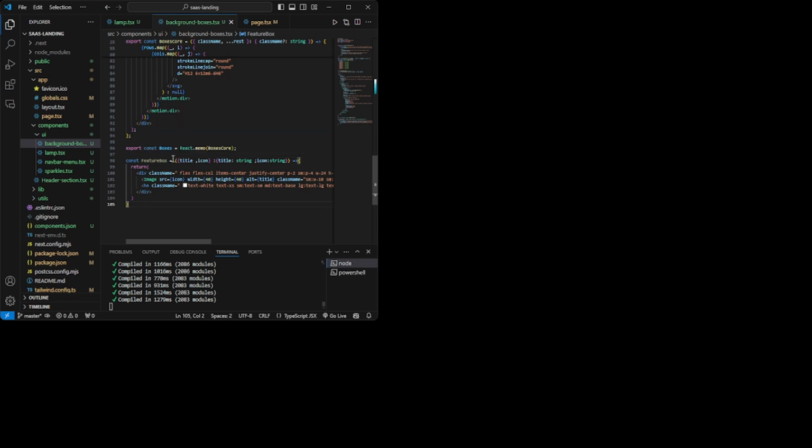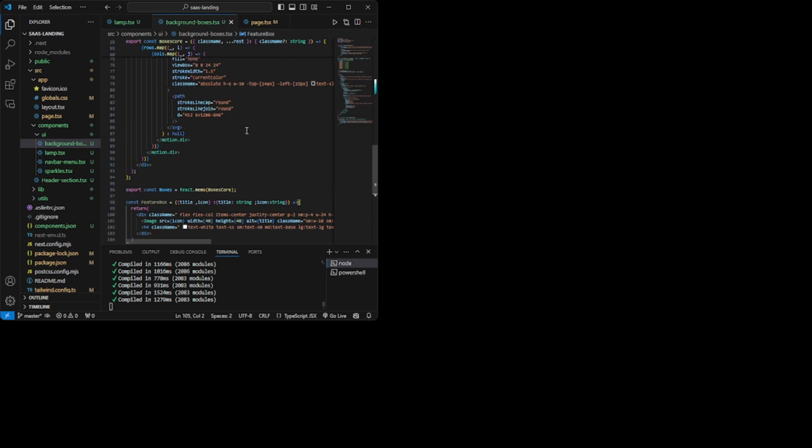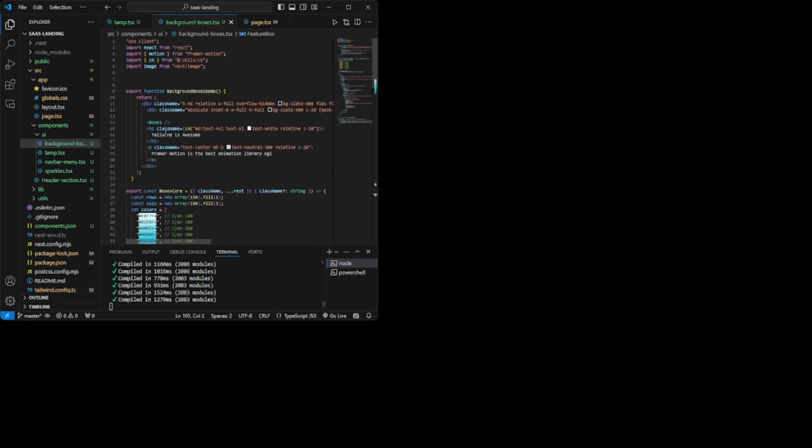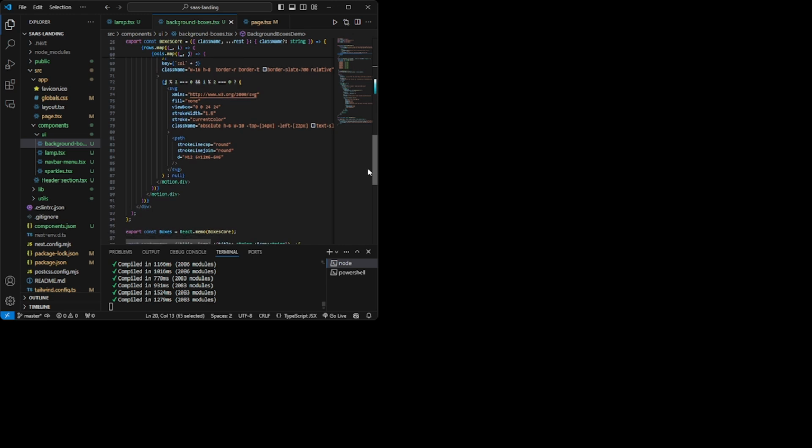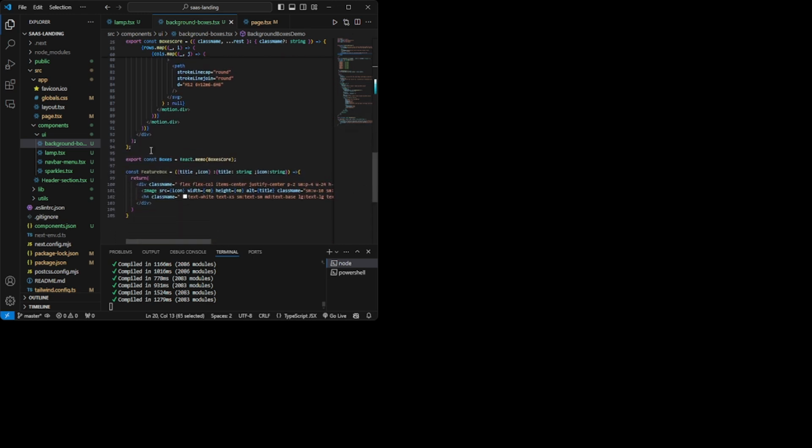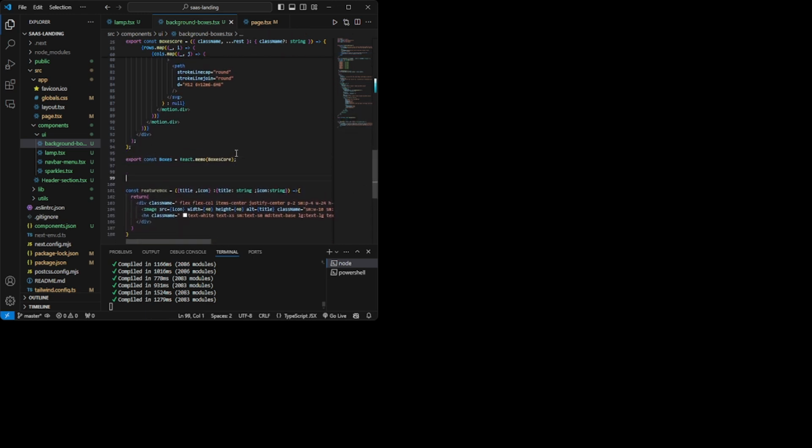So now we just have to use this feature box on there. We have to just map this feature box up here. So before that, I'm going to give some dummy data here. I'm not creating another file. I'm just going to write it here because there are only four features.